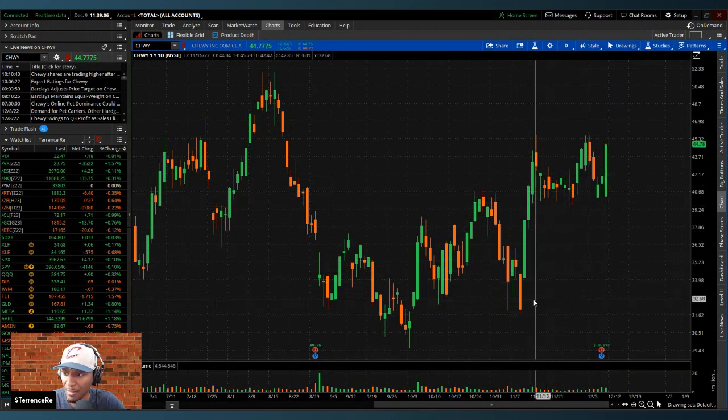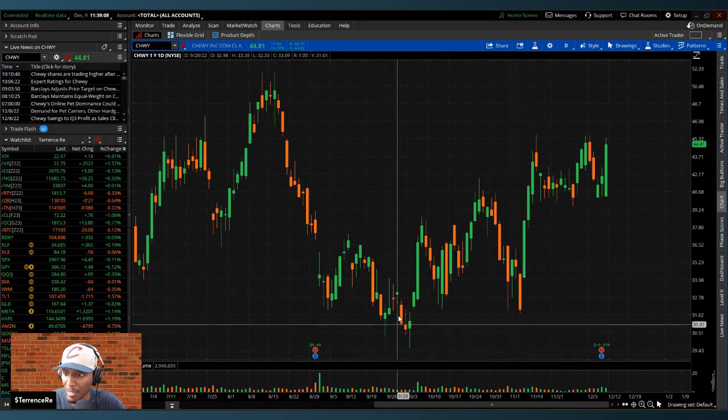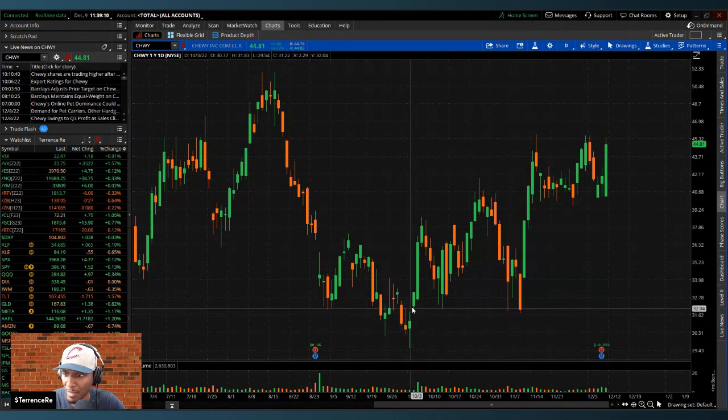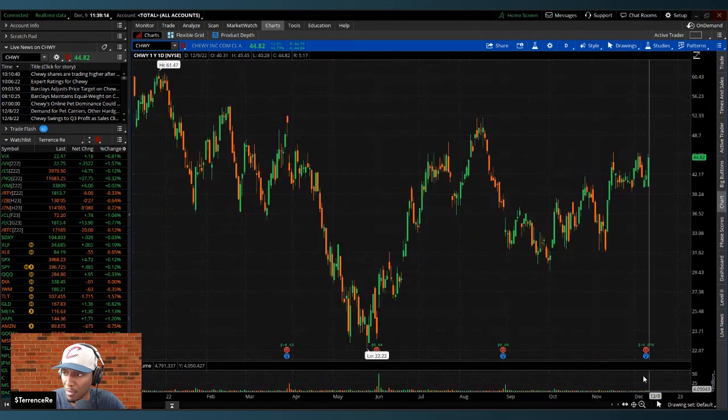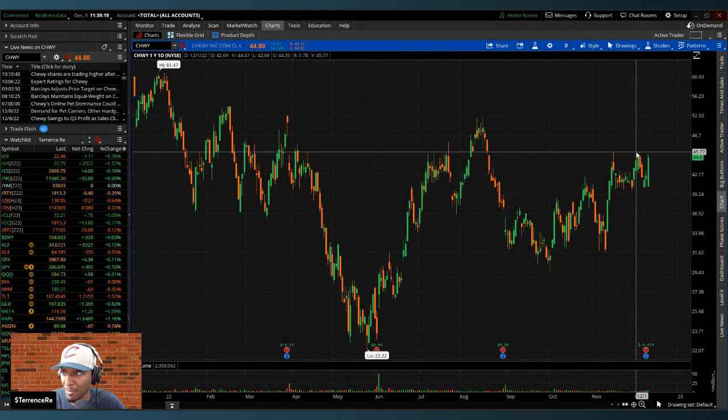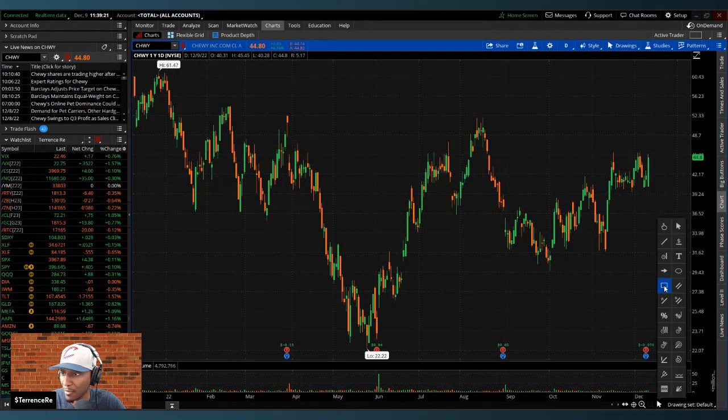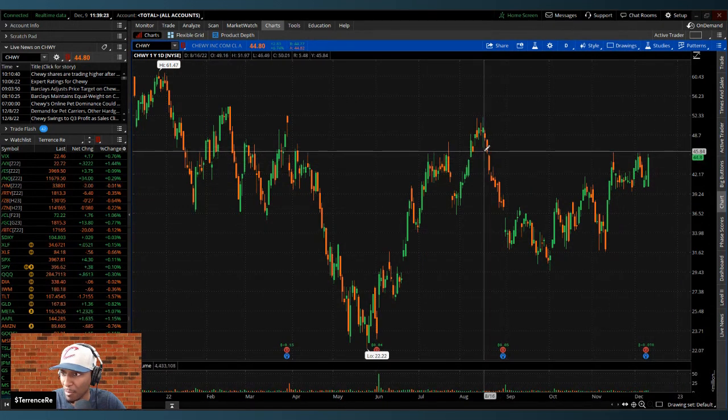So you got something like this. You got an up move right here. So you got a gap right here, right? You got a gap up, pull back, and another big move right here. And then you got another big green candle here. I would say, man, if it can, see this gap right here, if it can get past here,